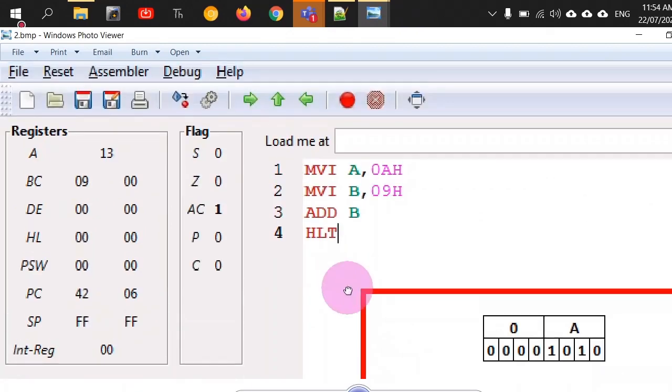Now, could you explain what is the reason for having this auxiliary carry in a computer which is an 8-bit computer? What could be the possible usage? I mean, carry, we understand that if there is a carry out from the MSB, then the carry flag should be set to indicate that the result present in the accumulator is not complete and there has been a carry out of that position, so that should be considered. Similarly, we can also understand parity. It is used for communication purposes. So what is the use of auxiliary carry? Can somebody make a guess?